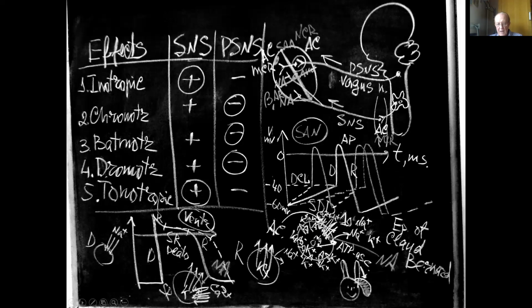That's why the channels to these ions are closed, and the rate of the slow diastolic depolarization decreases, and more time is needed to reach the critical level of depolarization, and the action potentials will